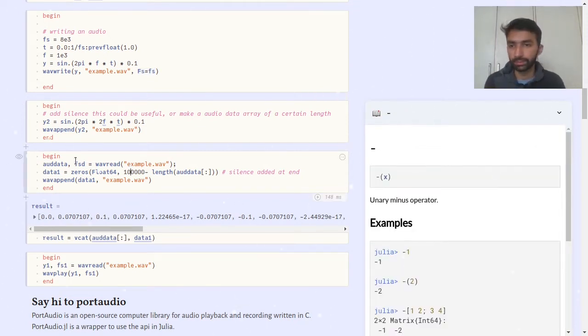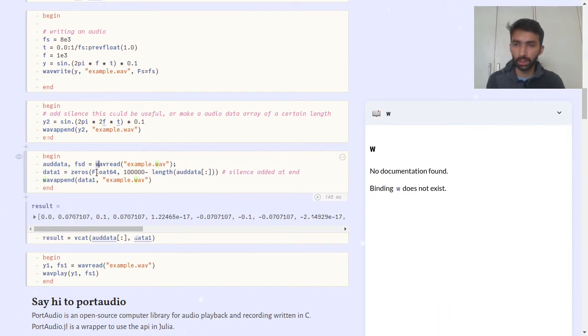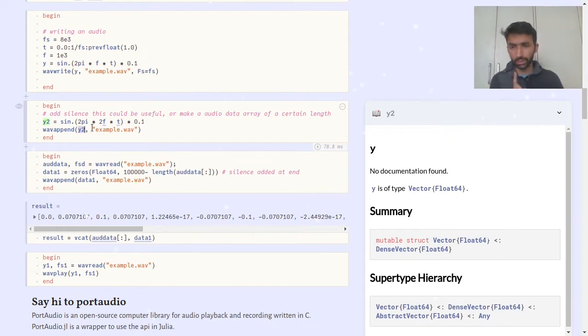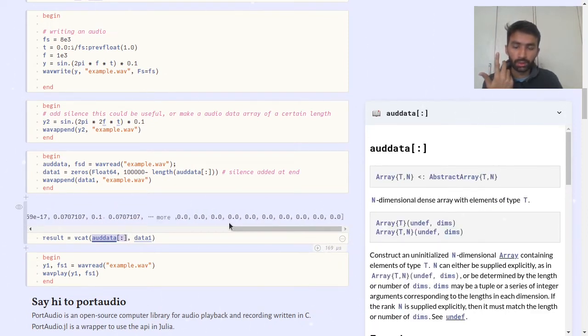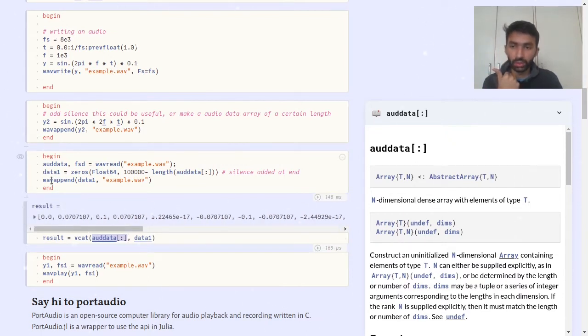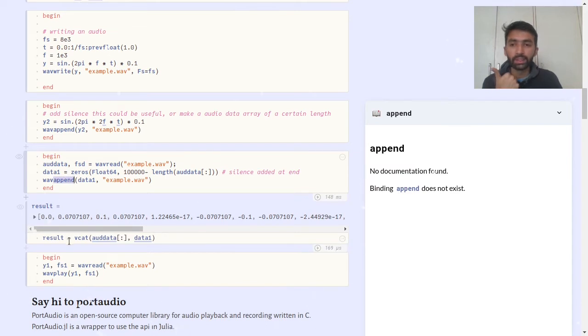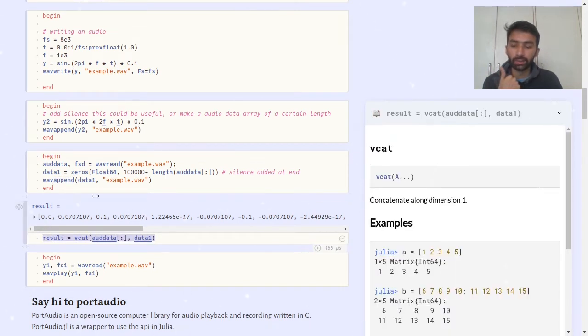So for this part, first we can append to the audio. That's one thing. The second thing we can do is read the audio, create zeros based upon that audio's length. Then we add that to the audio data. So let's see the end of it. It's full of zeros, and we can hold that data here. So in that, it's just going to write it. In this, we can hold the data as a variable.